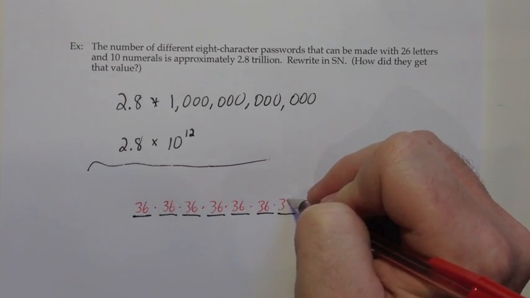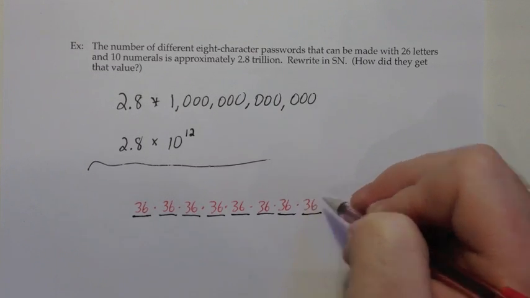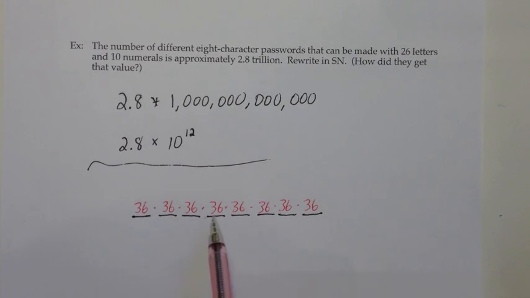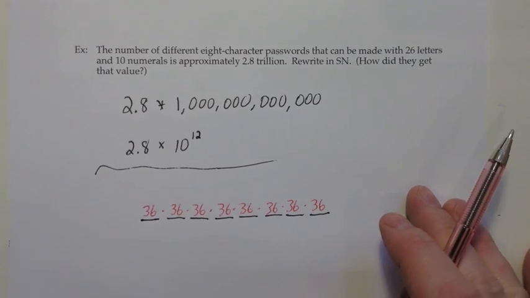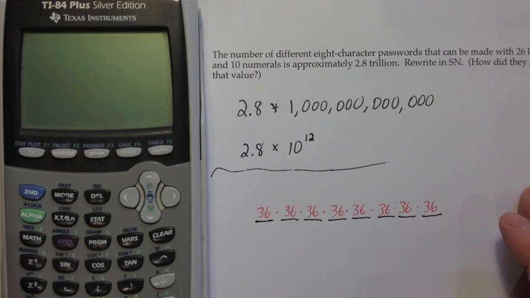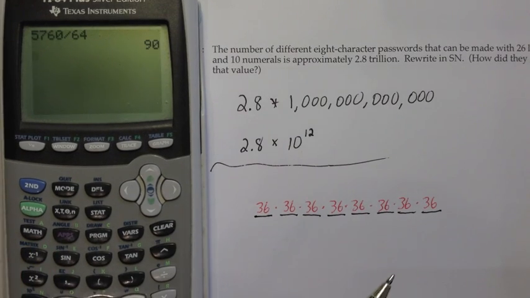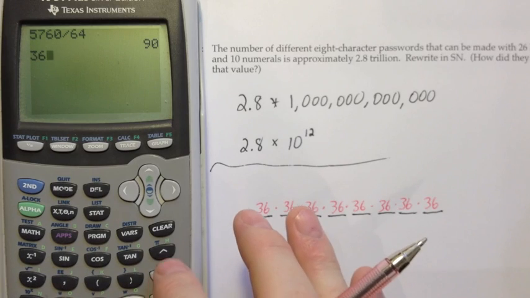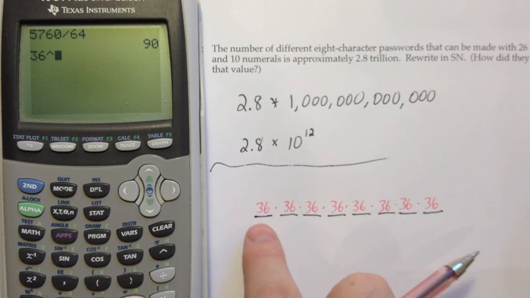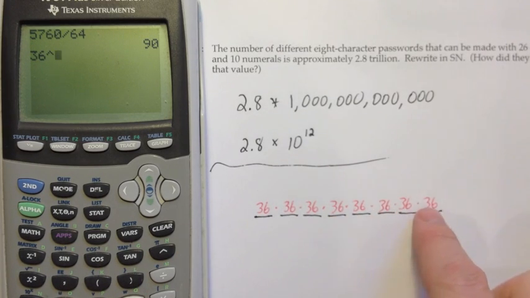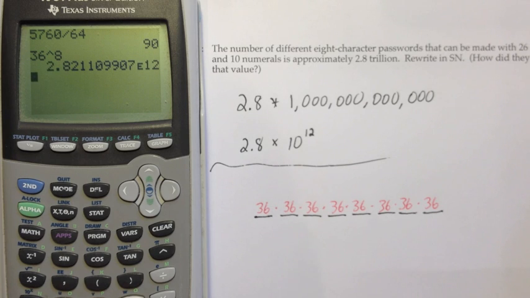And we'll talk about this later on in the course, but it turns out that when you have consecutive choices like this, and you want to think about how many combinations that makes overall, you end up multiplying that together. So for every character, you have 36 choices. And 36, let me brighten that up a little bit, 36 raised to the 1, 2, 3, 4, 5, 6, 7, 8 copies of that gives you